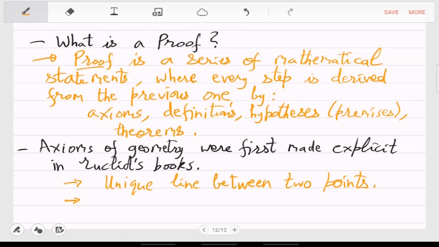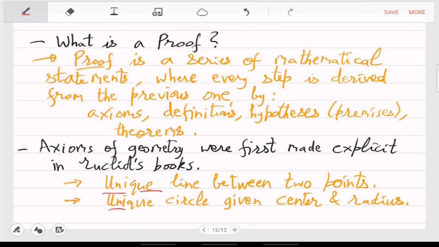And similarly, there is a unique circle given center and radius. Right, so these are the two axioms. I forgot whether these are enough, but